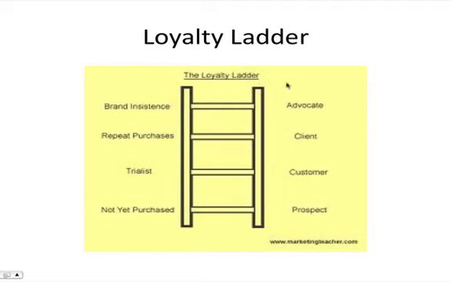then you're going to turn customers into clients and clients into advocates. That means these people here are going to go out and do your selling for you and bring on board prospects, meaning you are going to decrease your spend on going out and finding new prospects and customers. So I would urge you, as you build your business, to spend a lot more time up here, looking after your customers, turning them into clients, looking after your clients and turning them into advocates.